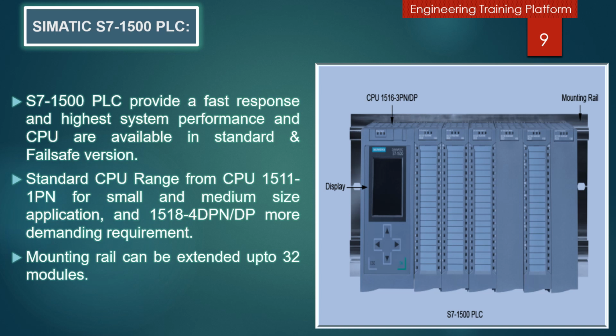S7-1500 PLC have a scalable configuration that incorporates a CPU, at least one system power supply module, multiple signal modules and other modules as required, and the mounting rail can be extended up to 32 modules. Here in the picture you can see an example of S7-1500 PLC with model CPU 1516-3PN/DP. These are the display for the CPU, and these are the mounting rail where you are going to connect more modules, up to 32,